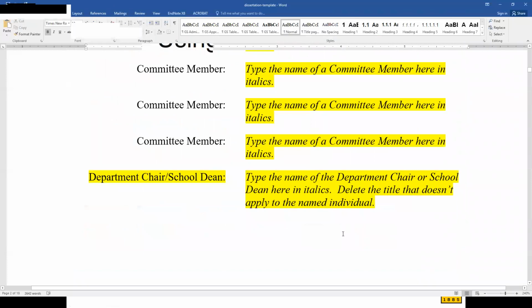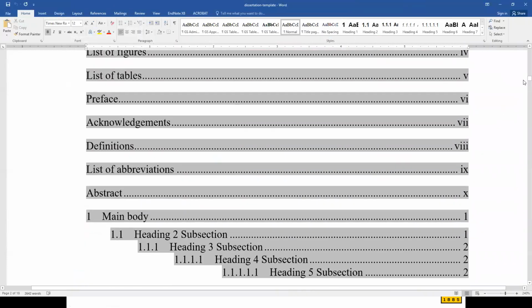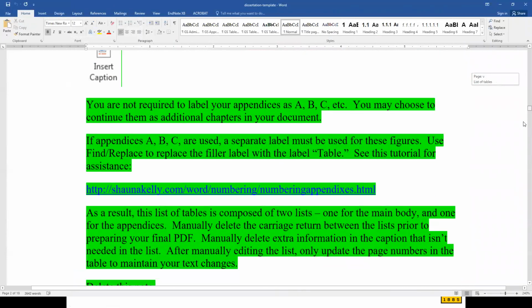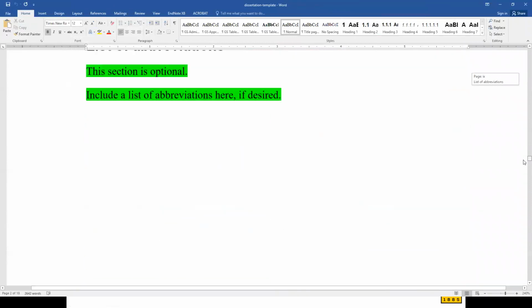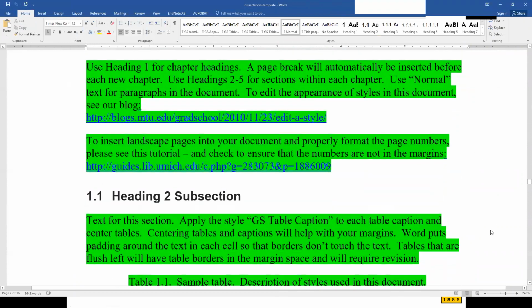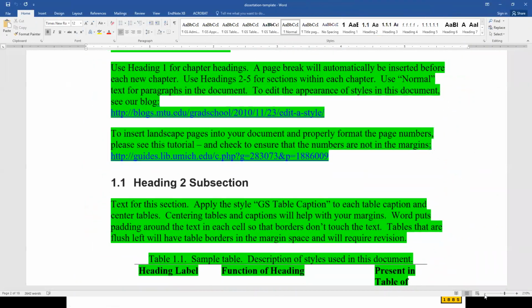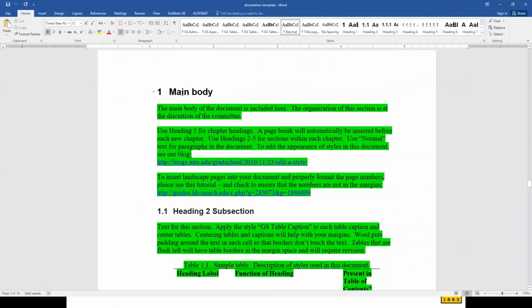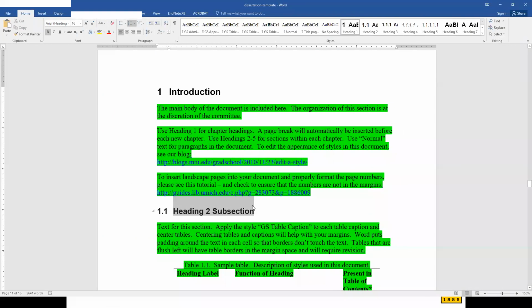So the first thing that you can do is use the built-in styles. Let's just find an area in the document here. So here we're in the main body. Let's say this is my, I'm going to call this my introduction now. And maybe this is,